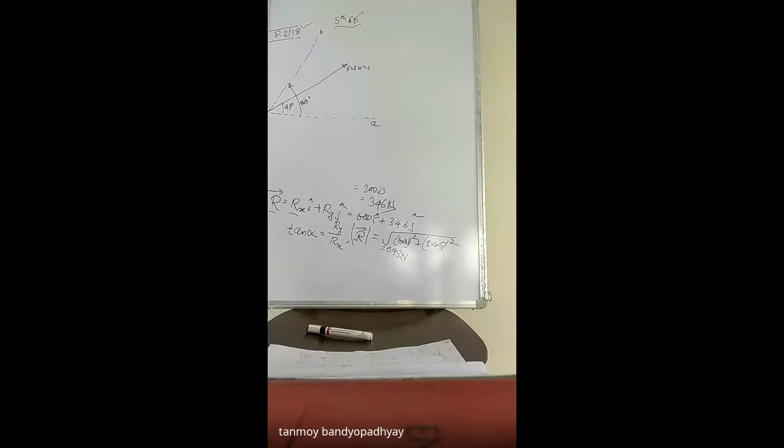So this is a problem related to finding the components. Initially we found the components Fx and Fy on two mutually perpendicular axes. But as you can see in this problem, question number 218, the axes on which we are supposed to find the components of the force are not mutually perpendicular to each other. So we are supposed to find the components in the direction of A cap and B cap.